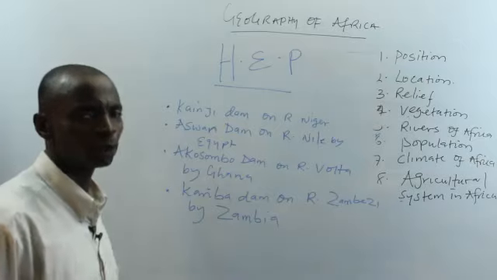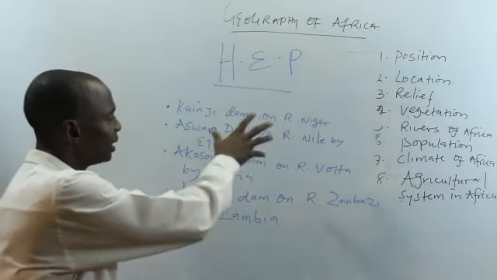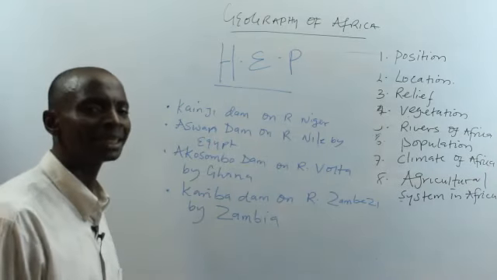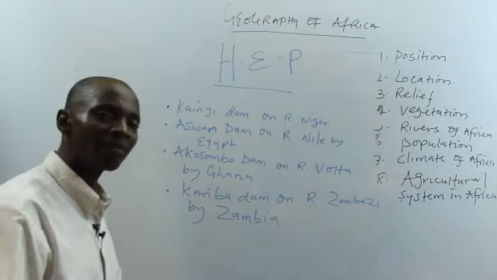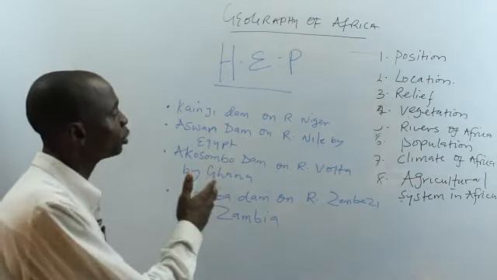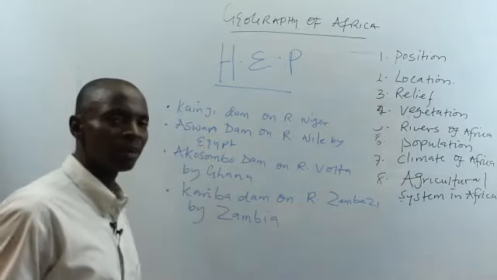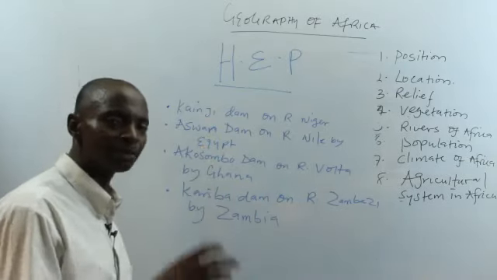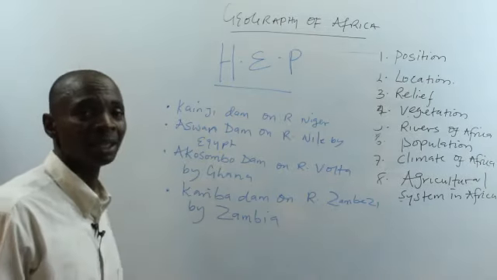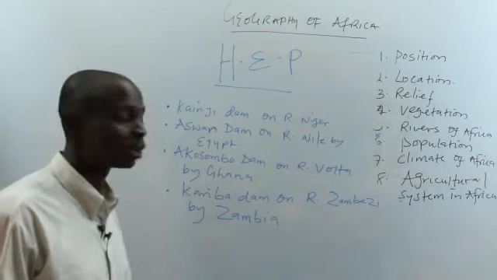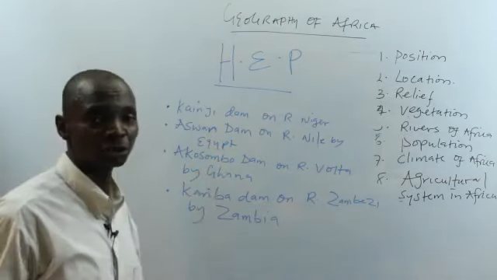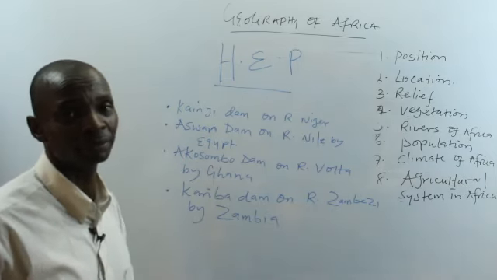But the question one must ask is that with all these dams and rivers that we have in Africa, why is it that in terms of electricity, Africa is the most backward? Now that will lead us to look at the problems facing hydroelectric power in Africa. The way it is in Nigeria, so it is in the whole of Africa. Number one, the problem can be traced to the nature of the rivers that we have in Africa.